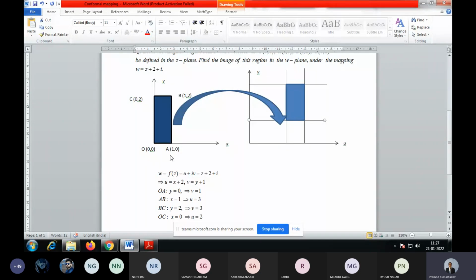And if we think about it, the orientation is the same. It is transformed in the same direction. The direction of OA was not shifted. OA is on the horizontal axis, so this v equal to 1 is also in the horizontal direction. OC is vertical, so this line is also vertical. So the angle between them is also the same. So the meaning of this is now clear.